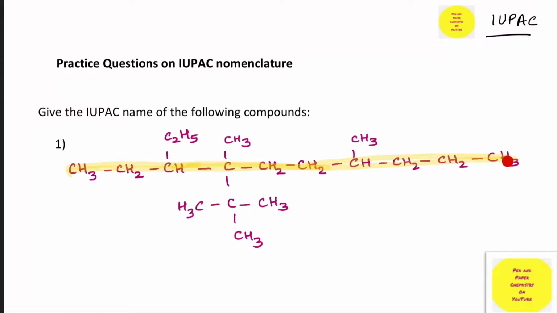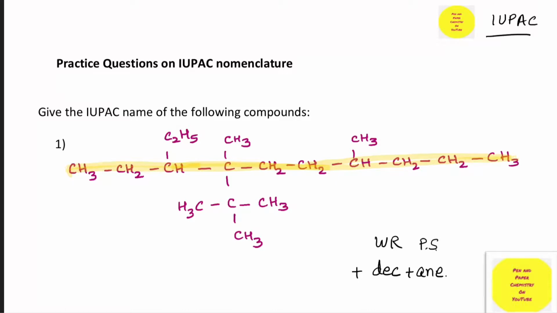So can you tell me what will be the parent alkane over here? What will be the parent compound? Yes, absolutely, because it's 10, so dec, right? So let's have the first part of the compound, and moreover, is it saturated or unsaturated? Saturated, so I will have ane. Now I have got the word root in place and the primary suffix in place. Now what do I need? I need the prefixes. Now it's not a cyclic compound, so I'm not going to write the word cyclo.